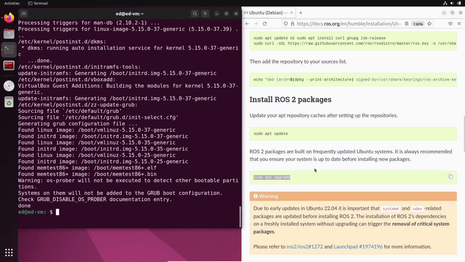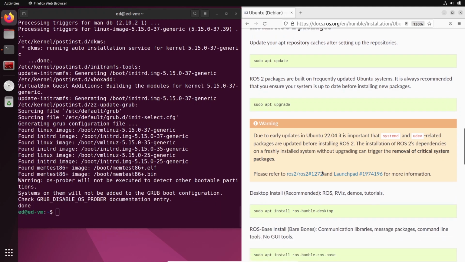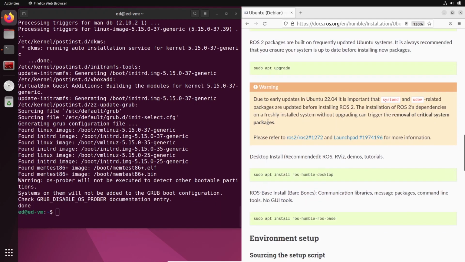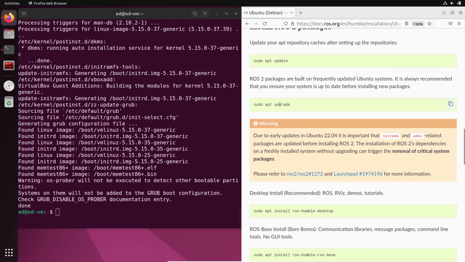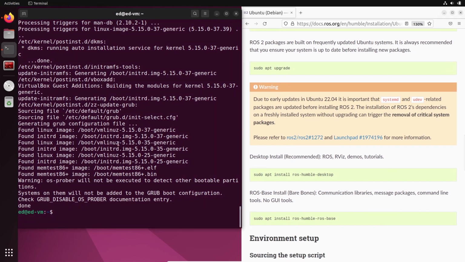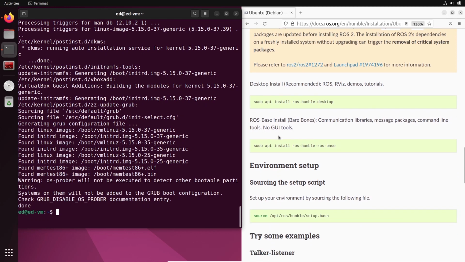Okay, and now you can go down into the instructions. You have a warning here, but nothing to worry about if you have correctly updated and upgraded the packages. So now everything is up to date on the system. Now you can install ROS2. Here you have two choices. You can install ROS2 with ros-humble-desktop or